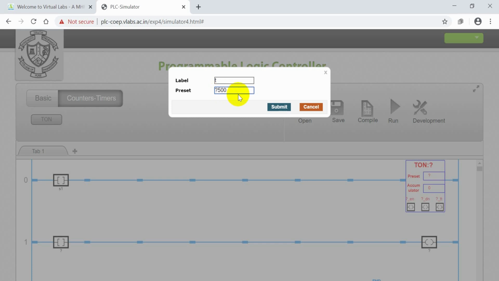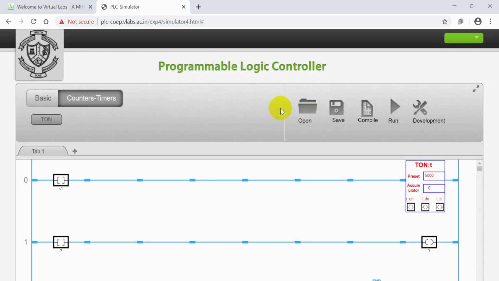It is actually in milliseconds. So here I am giving 5000 milliseconds. Whatever time delay you are expecting, provide that much here. It is 5000 milliseconds because the time base is in milliseconds, so it is equal to 5 seconds.